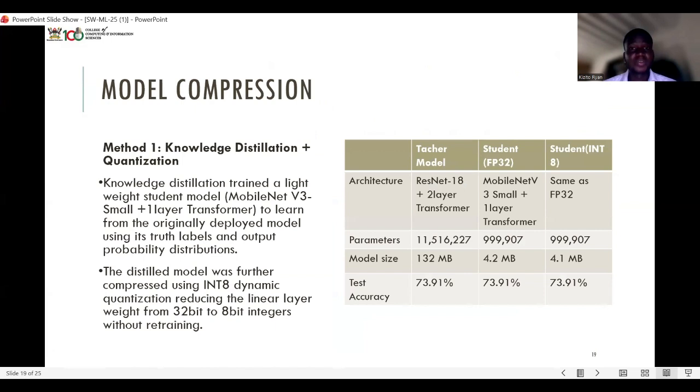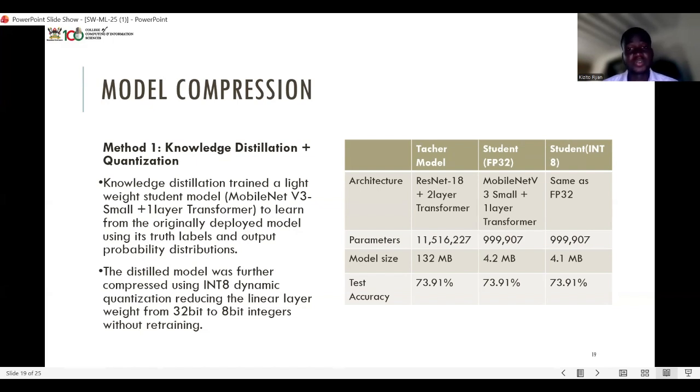We also performed model compression where we applied two methods. In the first method, we combined knowledge distillation with quantization. For the knowledge distillation, we trained a lightweight student model to learn from the originally deployed model using its truth labels and output probability distributions. This distilled model was further quantized, that is, we reduced the numerical precision of the model after it had been distilled, from 32-bit to 8-bit integer, without retraining it.